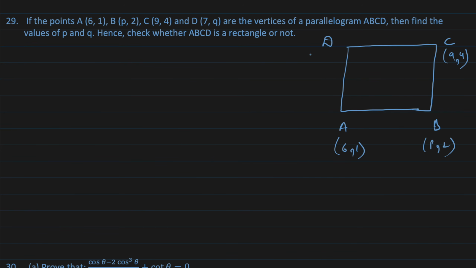9, 4, and this is 7q, right? And find the values of PQ. We need to find the values of PQ. This is given. Hence, check whether it is a rectangle also or not. We have to check. So, to find the value of PQ, you all know the diagonals of a parallelogram